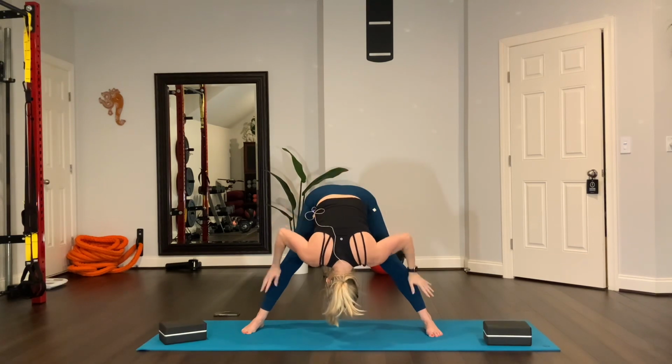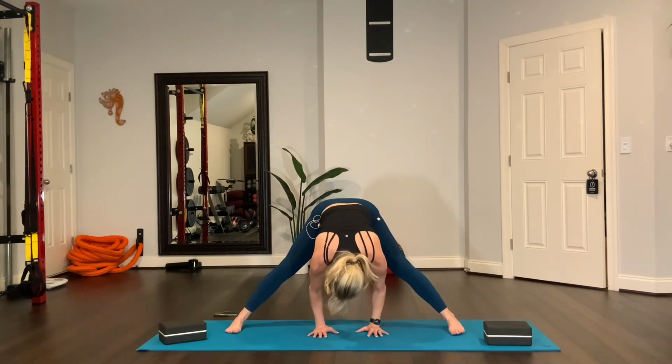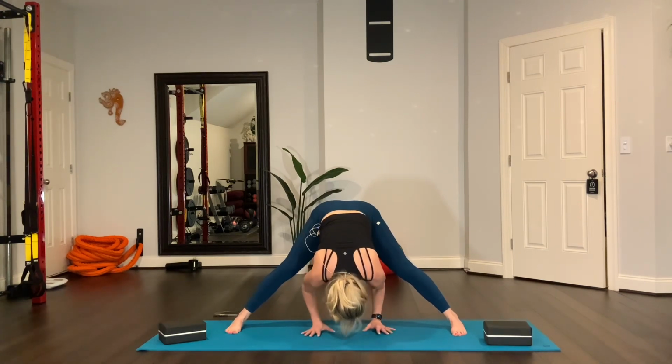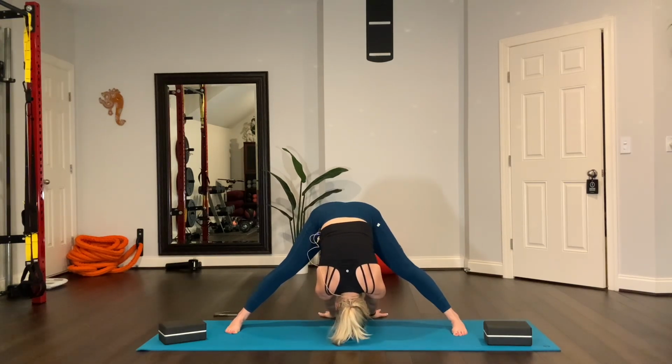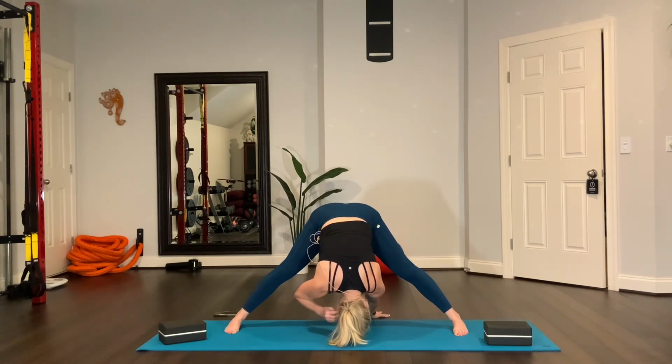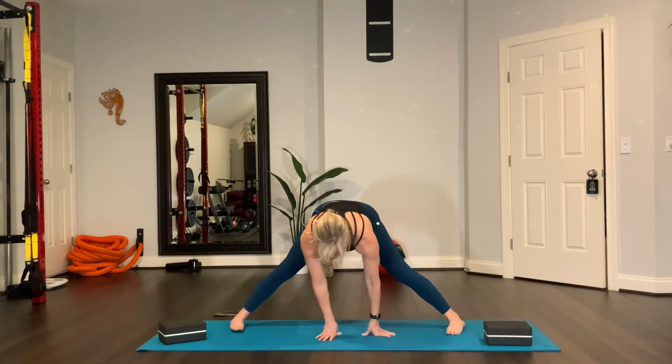Unclasp the hands, hands to the mat right in the center. Widen your feet a little bit more. Press your feet down into the ground. Head comes all the way down. Crown of the head faces the ground. Now reach your hands through. This just gives you some leverage to kind of increase the stretch, and hold this for 5, 4, 3, 2, and then 1,